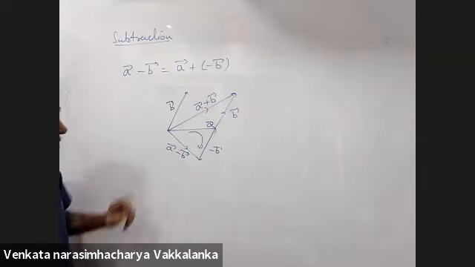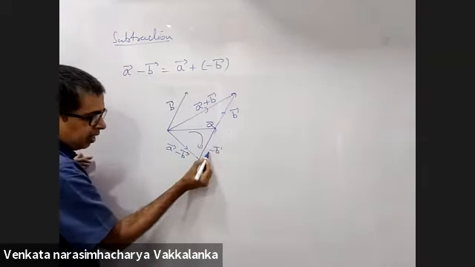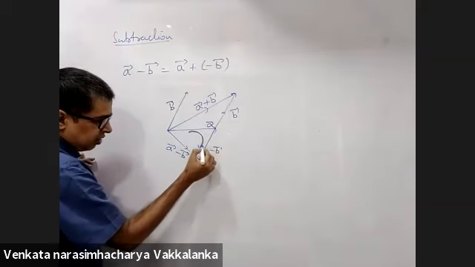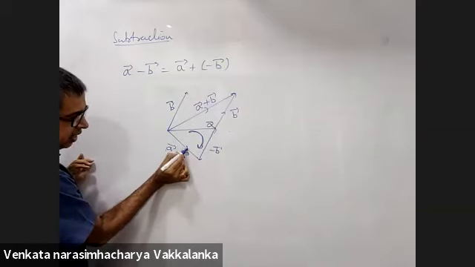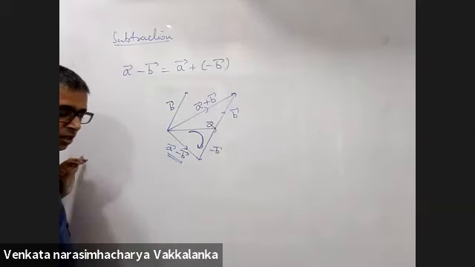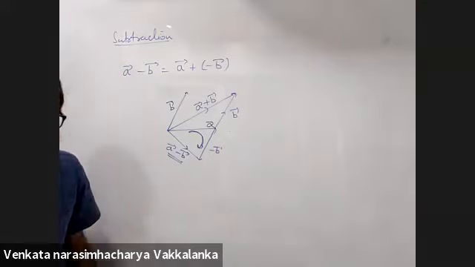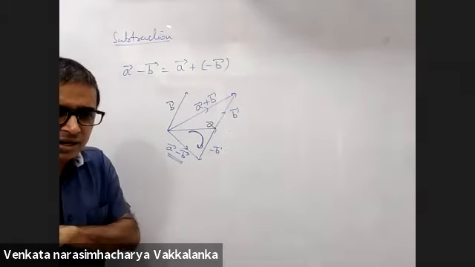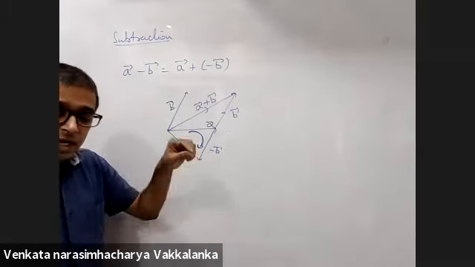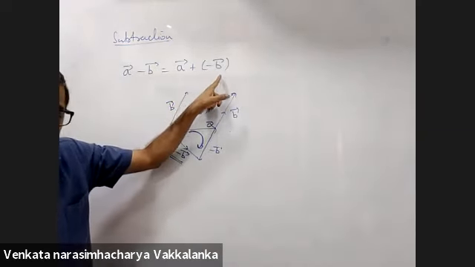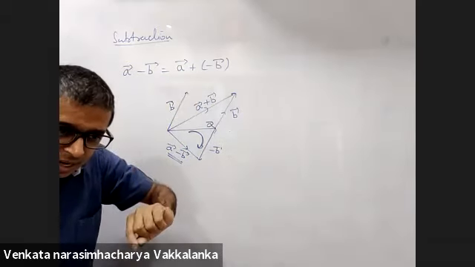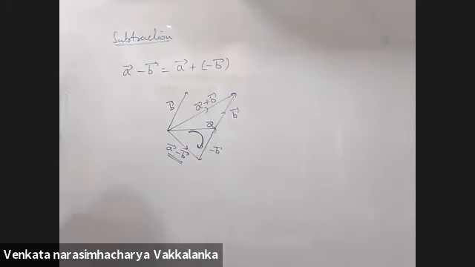A minus B is this. So A and minus B are two sides of a triangle taken in one order. Third side of the triangle taken in the reverse order is the resultant. So subtraction of vectors doesn't have a new rule. It follows the triangle law of addition. The only difference is you are adding two vectors, A and minus B. Take it down till here.